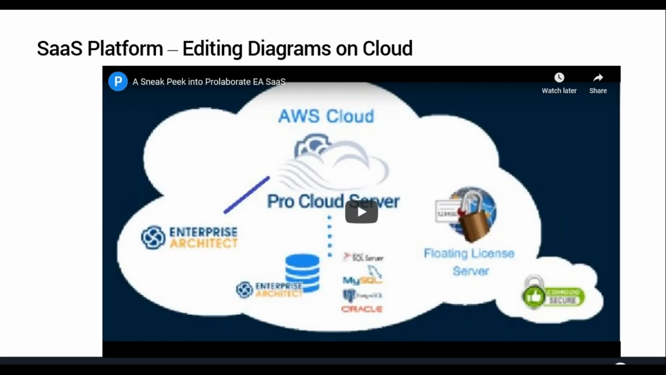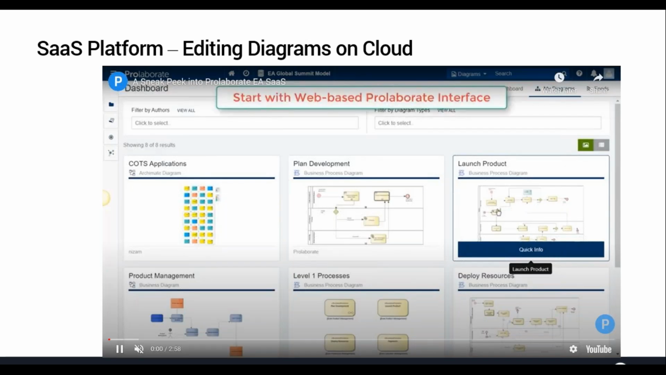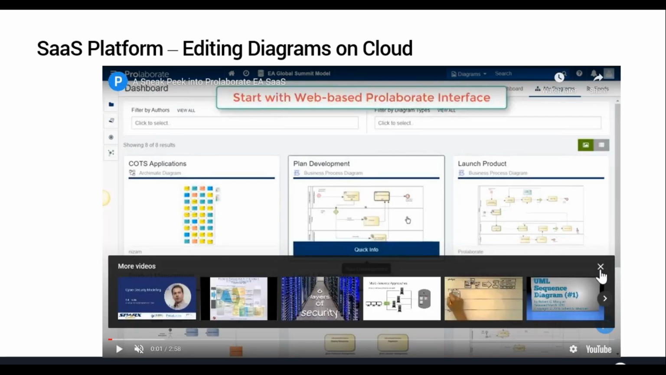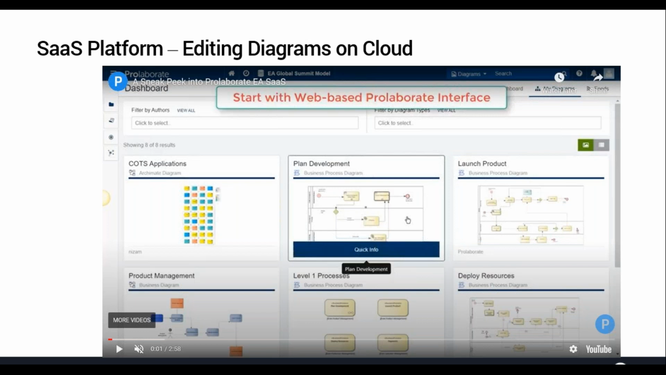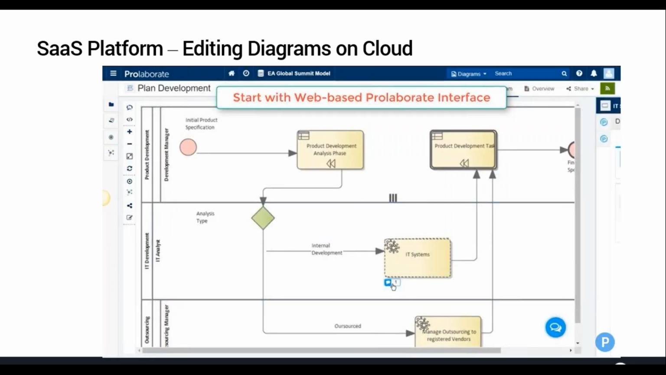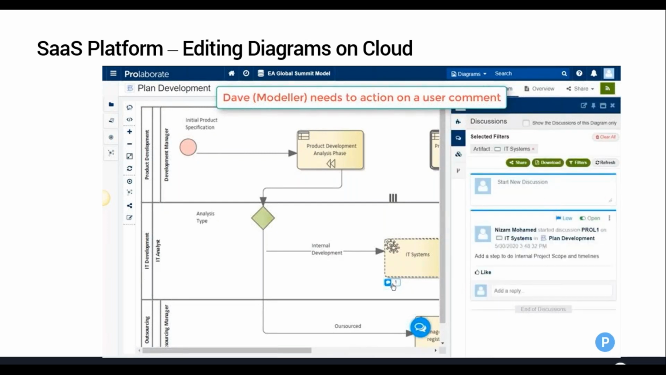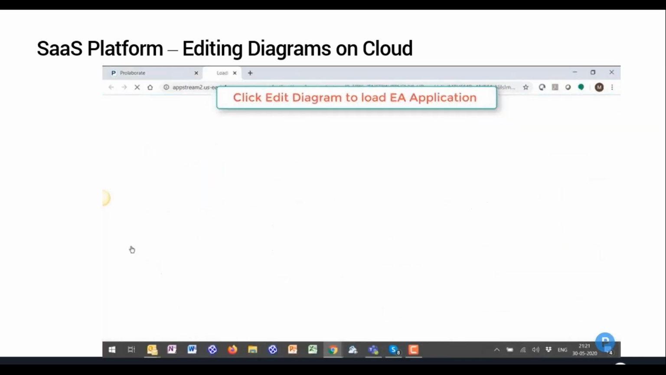And with this SaaS platform, and with a lot of the R&D that's happening, what we have also achieved is, instead of letting people start the modeling from scratch, we have now introduced a way to let them start with a curated view, also called dashboards in Prolaborate. And then if they are looking at a diagram in Prolaborate or in the web front end, and they see a need to make some change, for example, there's a comment from a reviewer which says something needs to be changed,